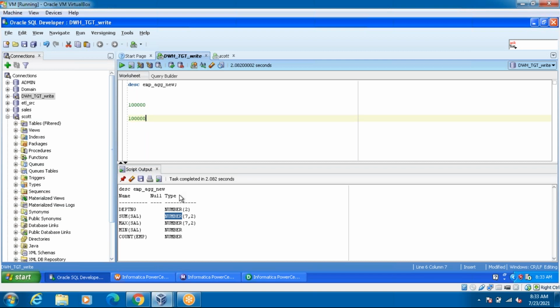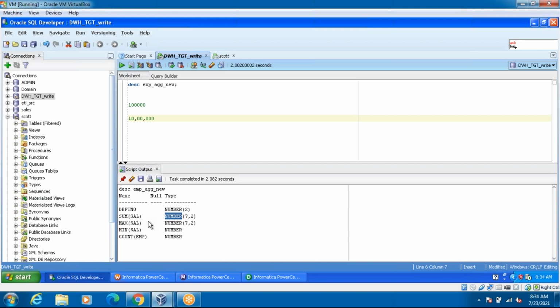What does 7 mean? How many digits will you get? That's the number of digits: 1, 2, 3, 4, 5, 6, 7. Means ones, tens, hundreds, thousands, 10,000, lakh, 10 lakhs. Right? This is not acceptable. The target column size should always be greater than the source column size, because this is a derived column. That's why I told you guys clearly. For derived columns, you have to check that it will be greater, not the same as the source column.